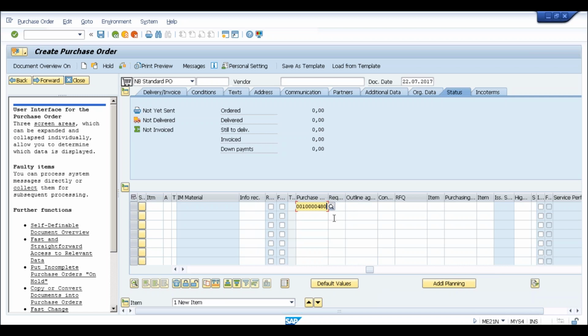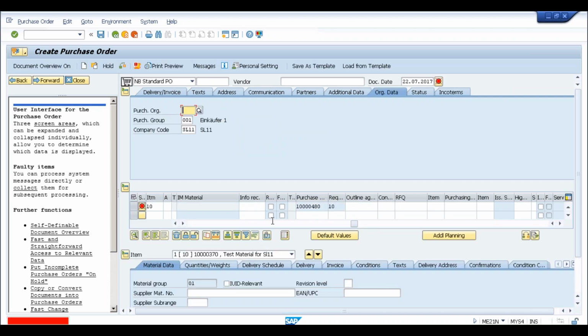We enter the purchase requisition number, press enter, and it will bring the material information. The only thing is, whatever information was not entered while creating the PR, we need to enter now, for example the vendor, which we did not maintain earlier. So if I maintain SL11,